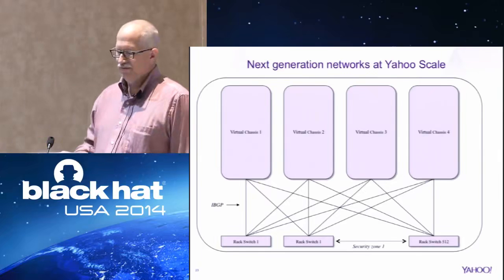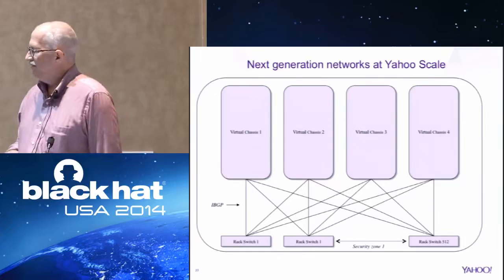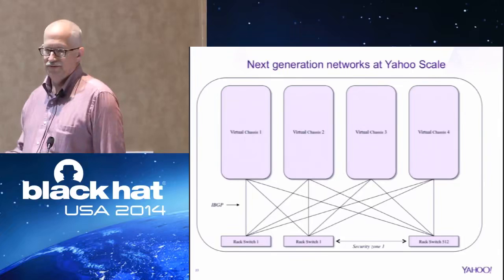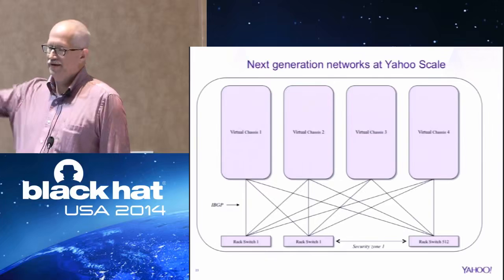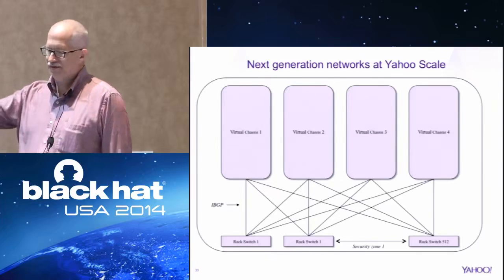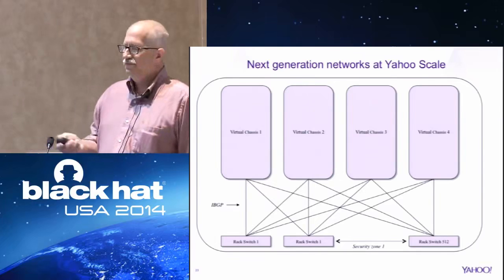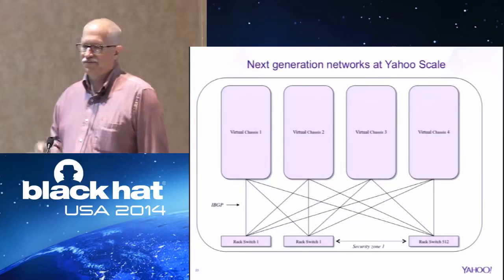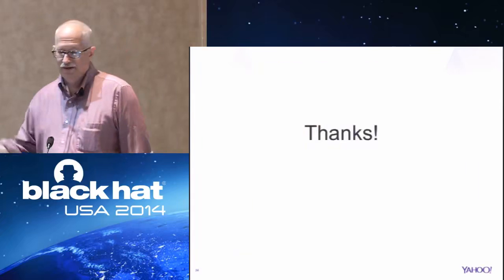If you're using level 2 only, it's easy to use VLANs to restrict traffic, but with this, we have to do things slightly differently. We don't have a lot of TCAM on the rack switches, so we can't put the infrastructure nodes on one of these rack switches. We end up having to put them back in a level 2 network using the old style of networking. The other way to fix it would be to create a special rack with more TCAM on it. So that's another possibility, and that's what we're doing at Yahoo.